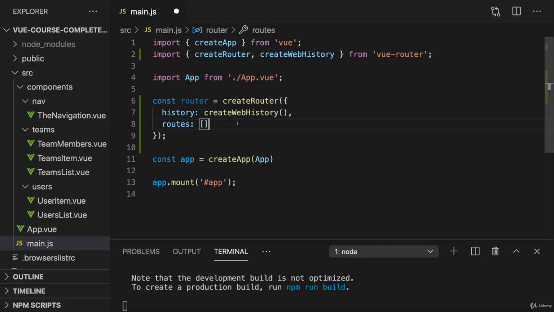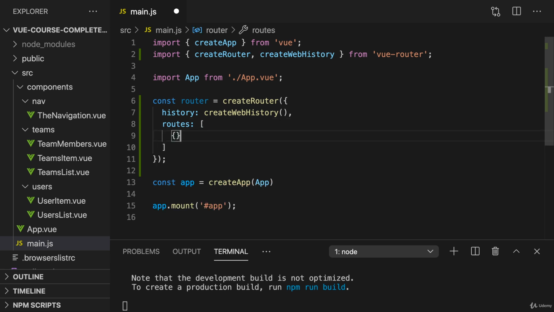So how can we register routes now? Well, we get this routes array, and here we now pass JavaScript objects to this array. And every object represents one route and the configuration for that route. And here, one very important option which we need to set on every route is the path option. This tells the router for which path, that's the part of the URL after the domain, a certain component should